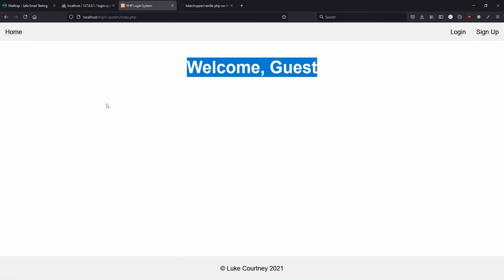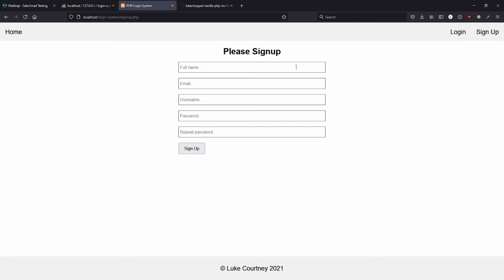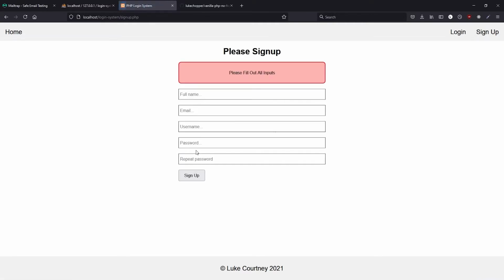of this tutorial. And as is expected of any authentication system, we are not currently signed in and we don't have an account, so we can click on this sign up to register a new account. Now all of our forms are validated on the back end, so we won't be able to proceed without passing basic security checks, like ensuring that we have completed all of the inputs and made sure that the passwords match,